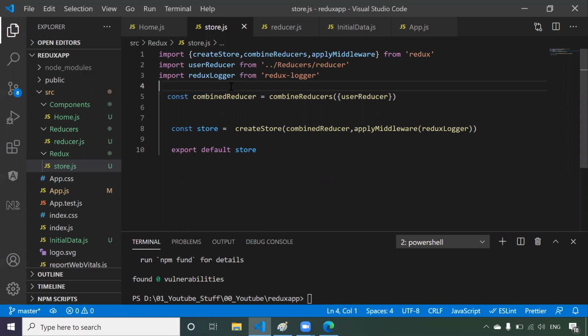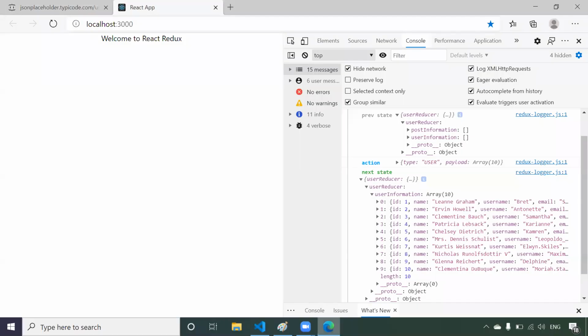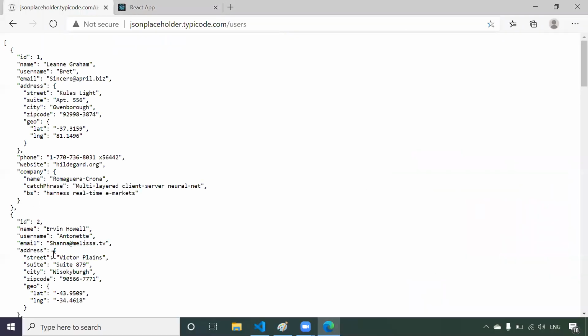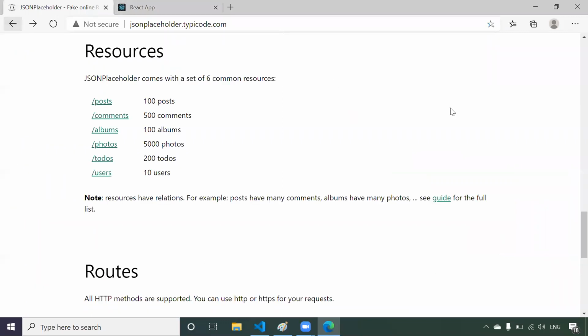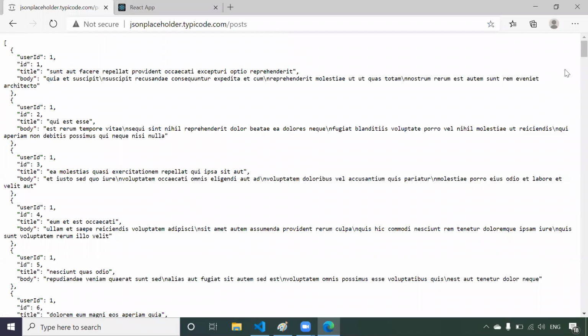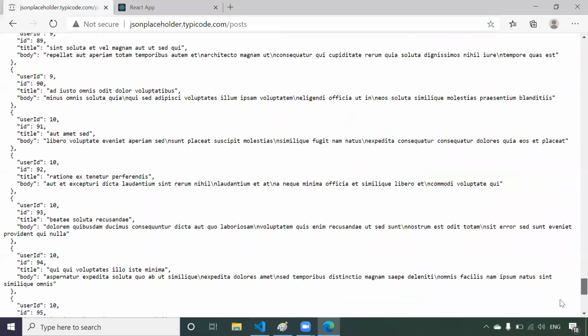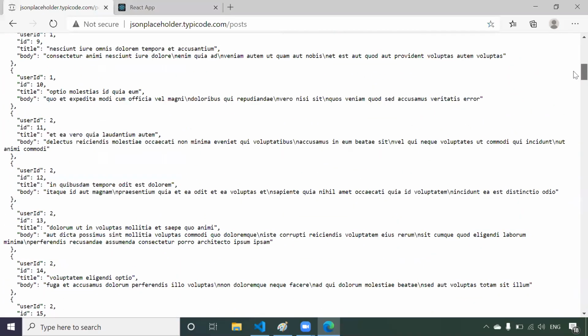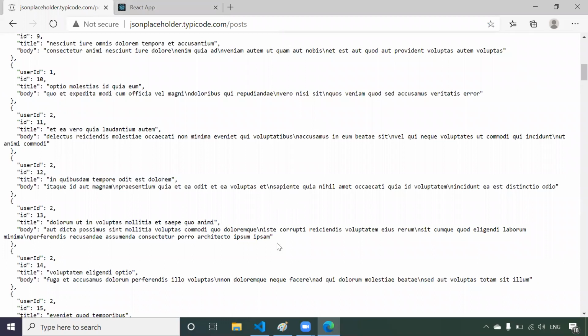If you know this flow, then you can do the coding, construct your Redux, and implement Redux in your React application. Now this is how we have to implement Redux. Just consider we have one more URL, like a post URL. This was the user URL. In the same way we have the post. If you click on this post, you will see some data. Now I want this data also. I want to store this data in Redux, right?